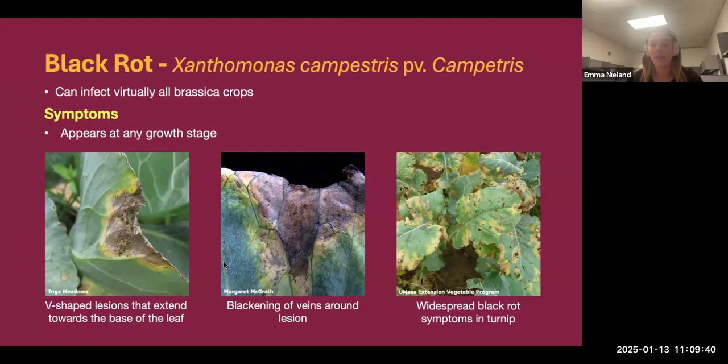Also within and next to these lesions will be those black veins that you can see in that middle photo. This is indicative of some sort of lack of water or transfer of nutrients throughout that area. In terms of root crops, there might not be visible symptoms on the above ground tissues, but if you pull it up, you're going to see those blackened veins on those roots.